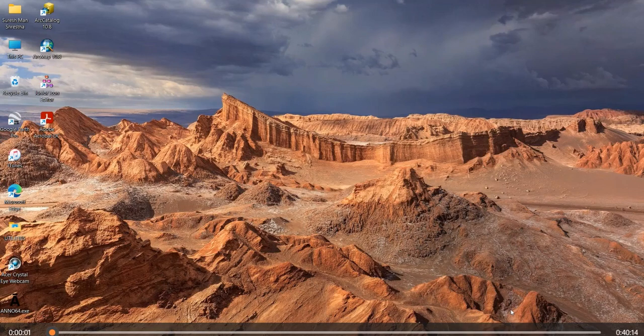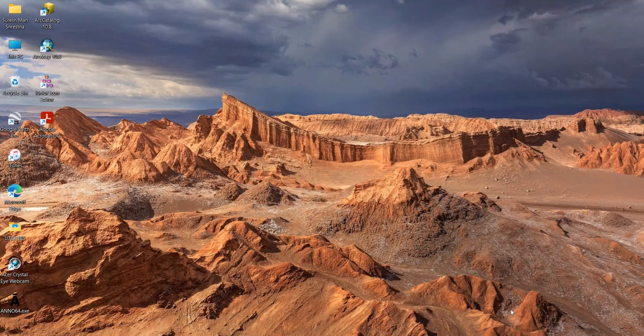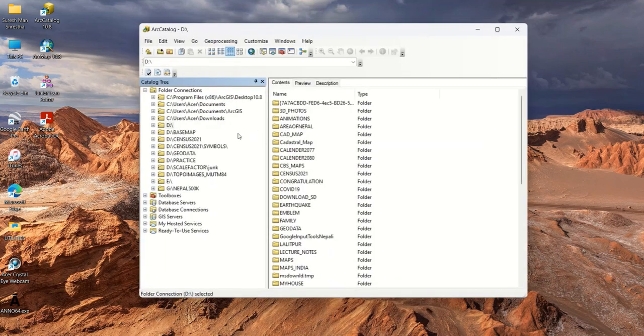Hello friends, today I am going to talk a little bit about the preparation of thematic maps, how to compose and lay out the map in ArcGIS. As a result of our previous exercises, we have developed the database and downloaded required attribute data from the concerned websites. So we have downloaded and cleaned the data which we downloaded from the National Geoportal of Nepal, managed by